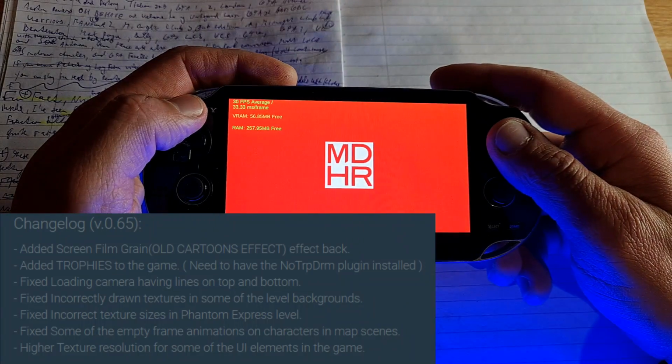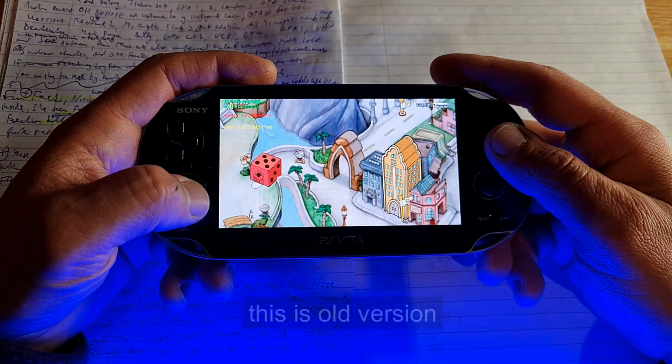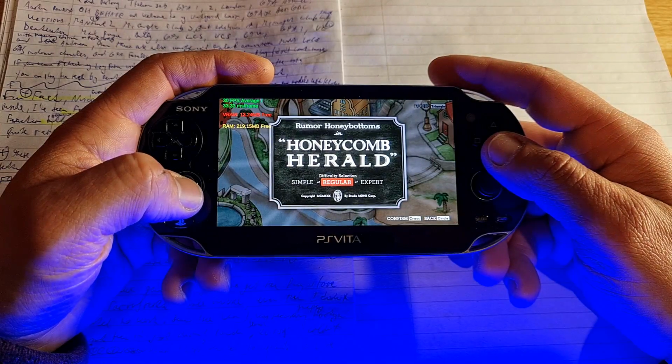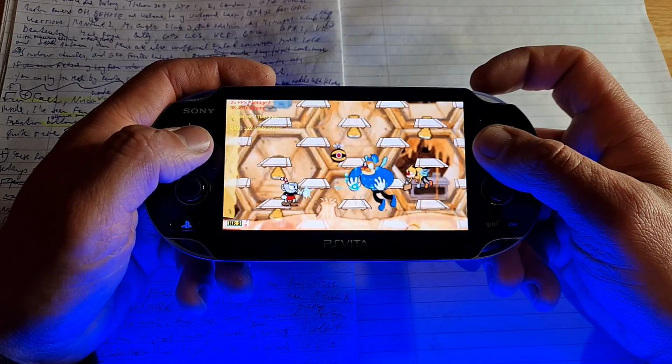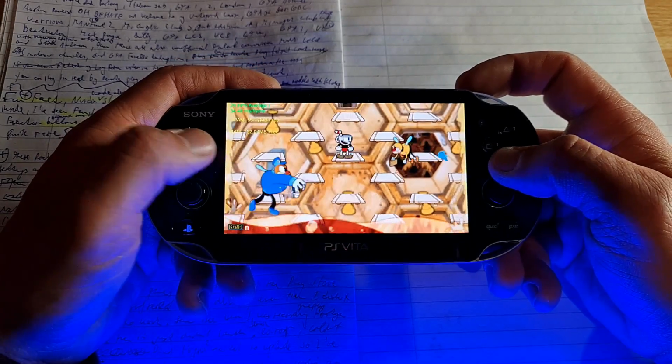There was an update for Cuphead by PatnosD. It added support for trophies, homebrew trophies of course. The old cartoon effect was added back. Lines at the loading screen were fixed, along with some other incorrectly drawn textures, and resolution for some UI elements was increased. All Cuphead bosses at this stage are absolutely playable, well, as long as you are up for a good